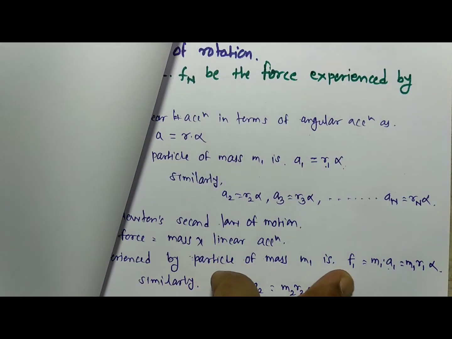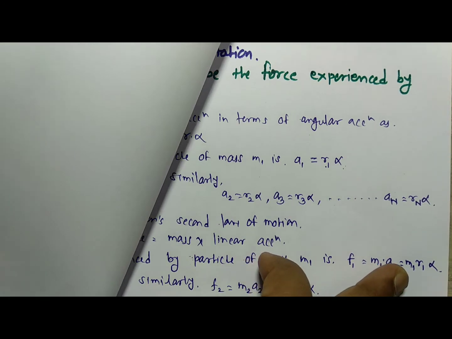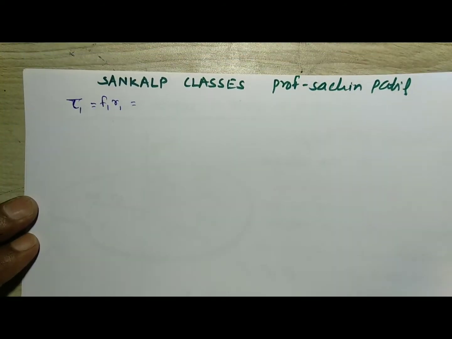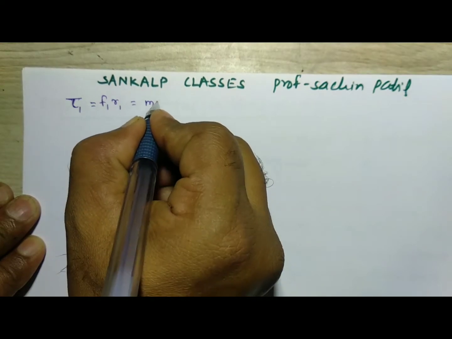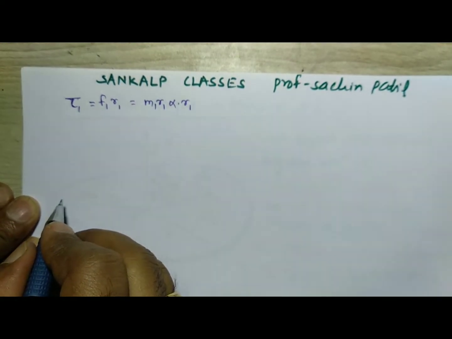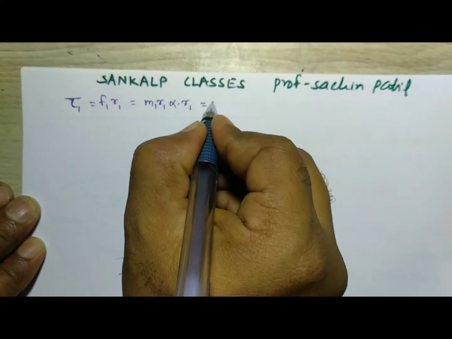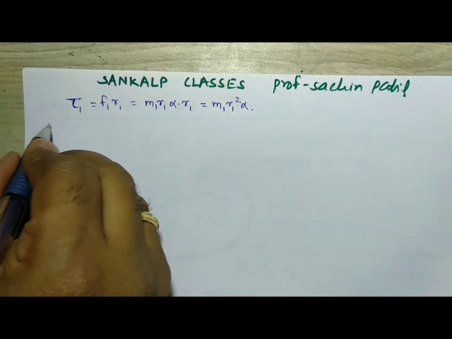Here we have to calculate F1 is equal to m1 a1, and therefore m1 r1 alpha is the value related to F1. Therefore you have to put the value of F1, m1 r1 alpha, into r1. But r1 into r1 is nothing but r1 square, therefore m1 r1 square alpha. Similarly